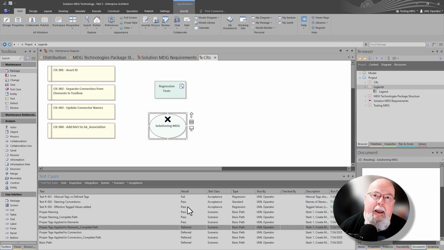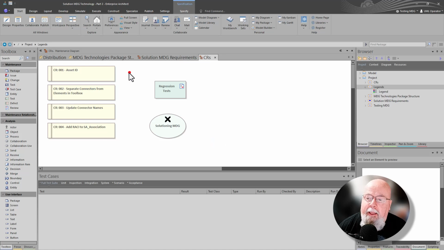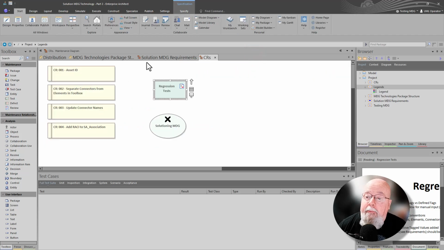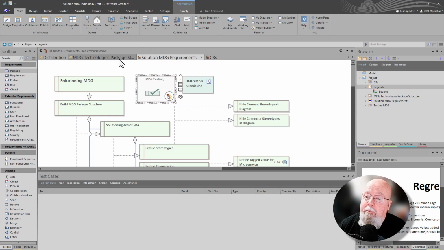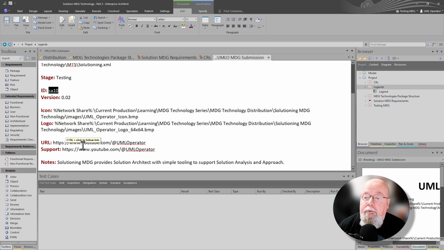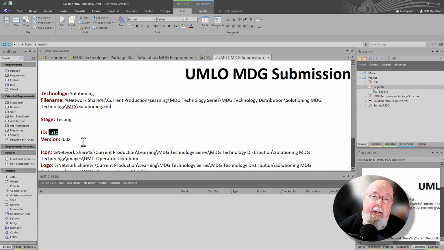So when we get it back, we'll look at the notes, the result notes that are there for that. They put in some CRs in here, change requests, and they have the various regression scripts that they needed to run through. They understood what those were and more. So this is going to come back to us. Here's the form that came back. This was SA10 version 02. All of the details, we want to make sure that we keep those the same when we redistribute this, but